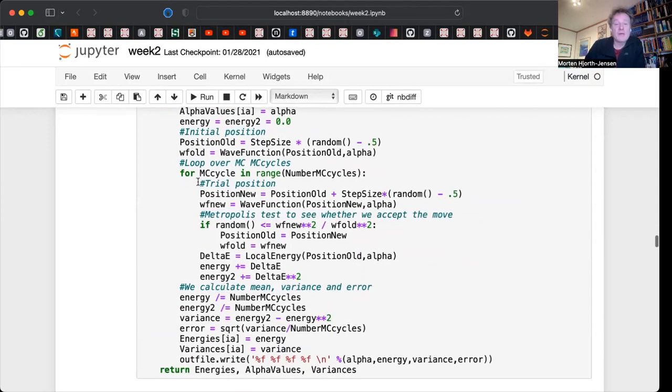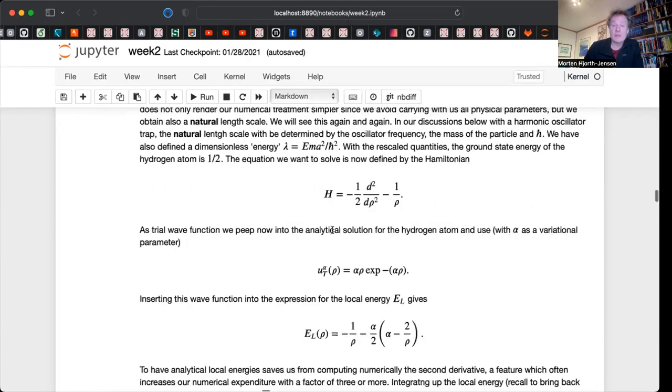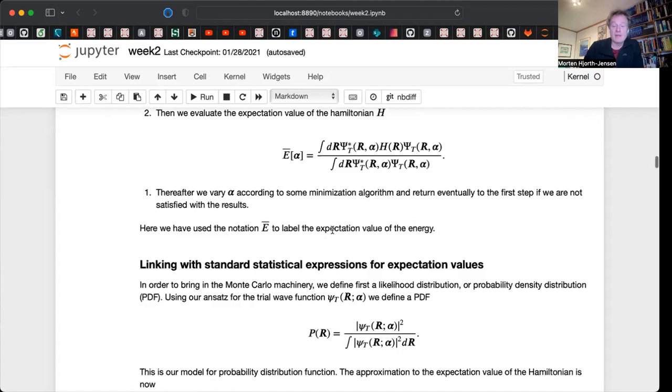And now we run through the number of Monte Carlo samples. We produce a new position. We produce a new wave function. And then we have the Metropolis test, which is the ratio between two probabilities. And that's also why we get rid of the normalization constants. If we go back a little bit and we look at the results here, and the definitions, you